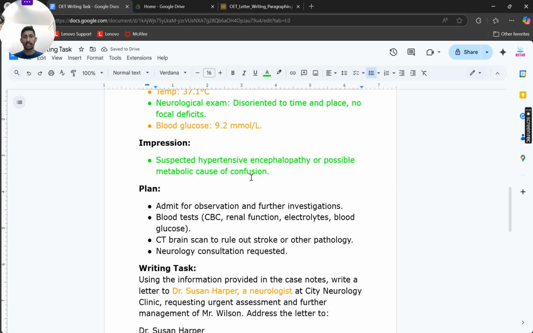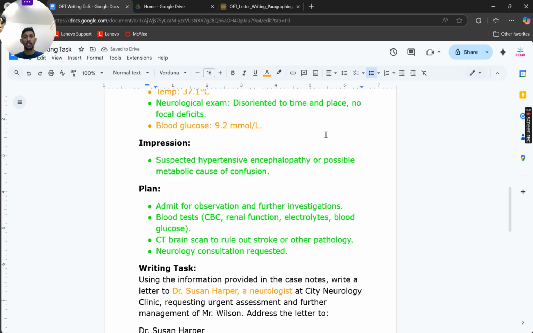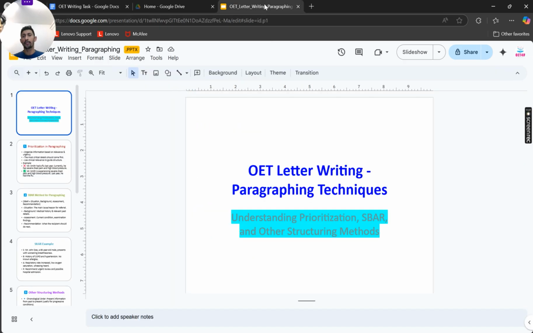So the plan of action or the treatment plan is admit for observation and further investigation, blood test. So blood test has been done. You can mark all of these as relevant information. Now you have finished your categorization. Let's see what we are going to discuss today with this information. Okay, so this is about how to categorize your information in the case note. So now we can see what we are going to discuss today